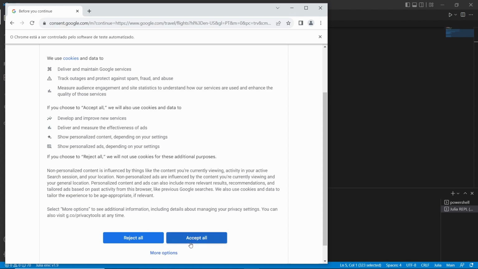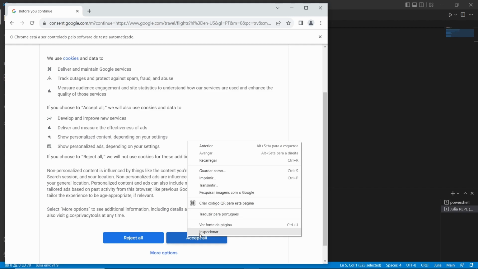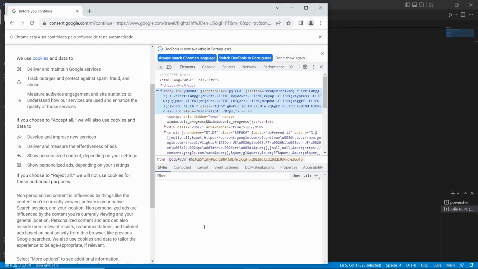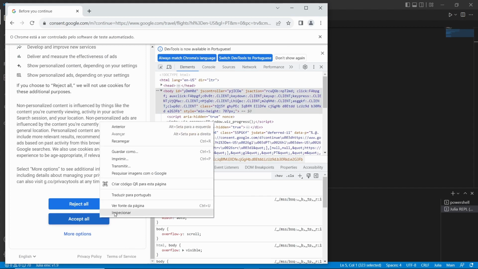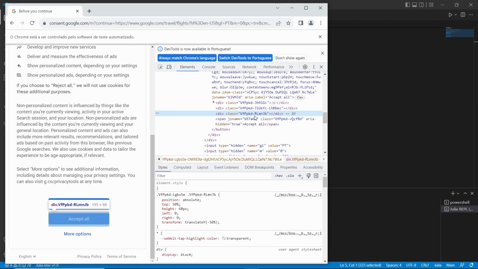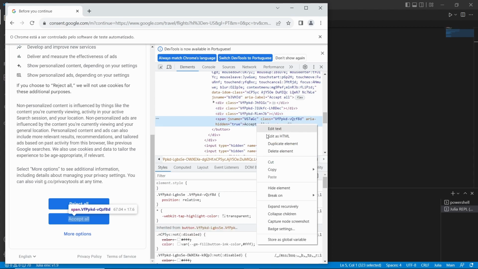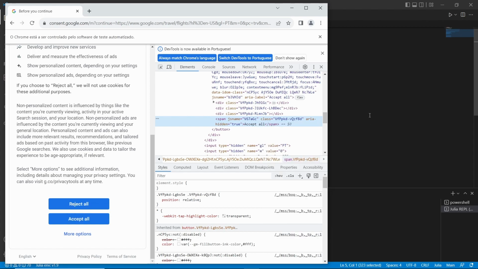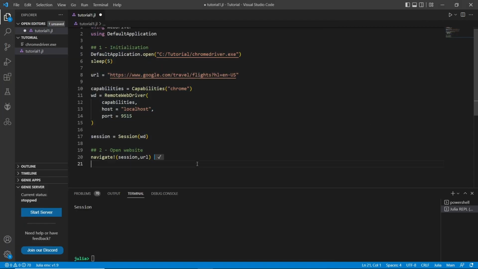So what we need to do is go over to the button, right click, inspect, then inspect again. And we know here that we got this button, the accept all button. So let's just copy the full XPath. Now, I do have all the information that I need for my element. So we can just define the element